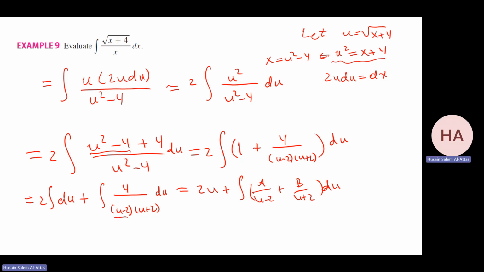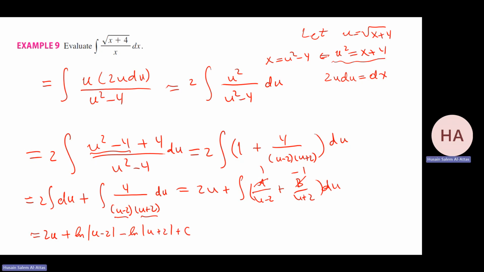Cover up, cover the 2, I have 1. I cover the minus 2, I have minus 1. So the answer is 2u plus ln of u minus 2 minus ln of u plus 2